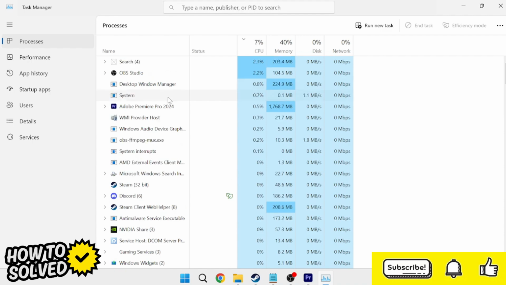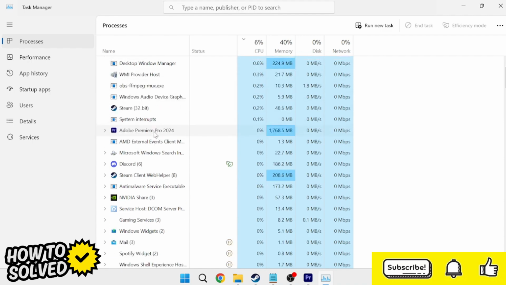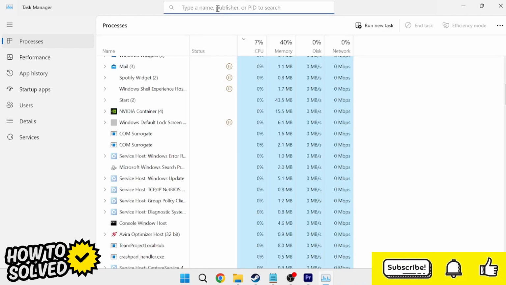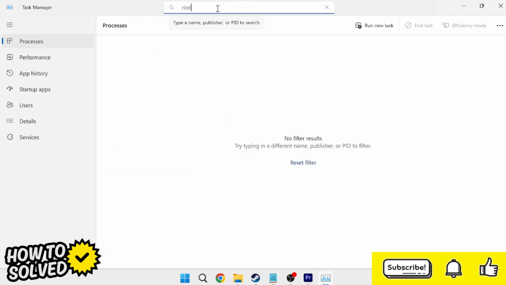From this list of processes, once again, we just need to ensure that the Riot client is actually completely closed down. So you can use this search box at the top here just to search for Riot. And as you can see, I don't have anything running in here. If you do, then we just need to right click on the process and select End Task. And we're going to do the same by searching for Vanguard. And as long as you've got nothing running inside of here, we can then head out of the Task Manager